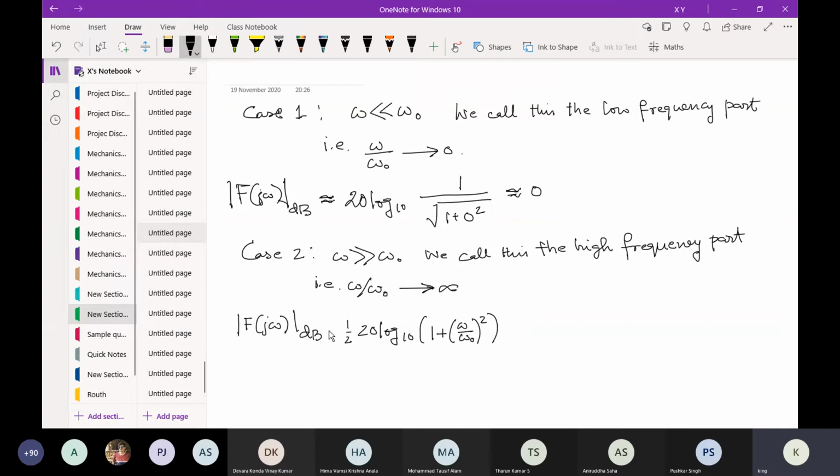Sorry, this will be equal to, and there is a minus sign out here. And this can be approximated as